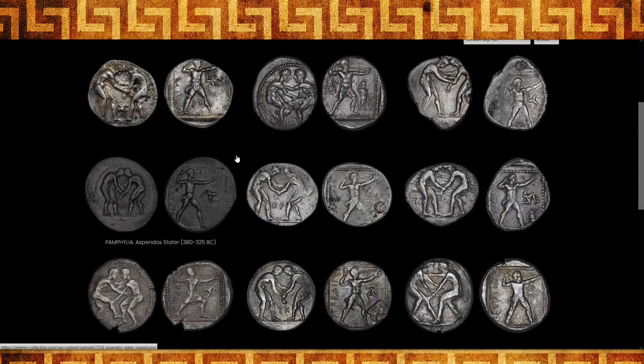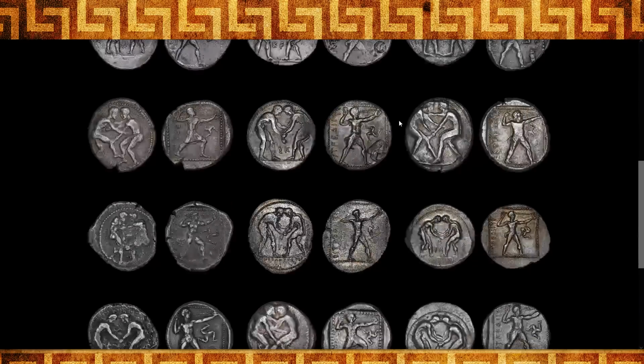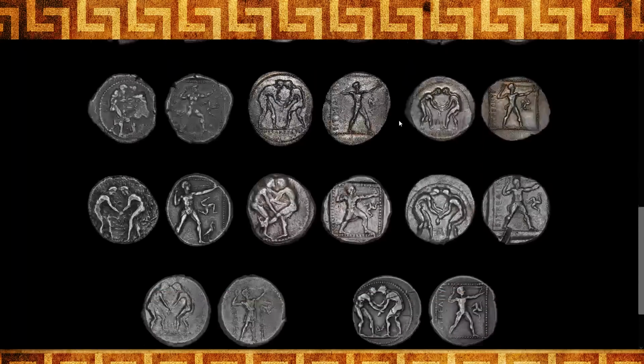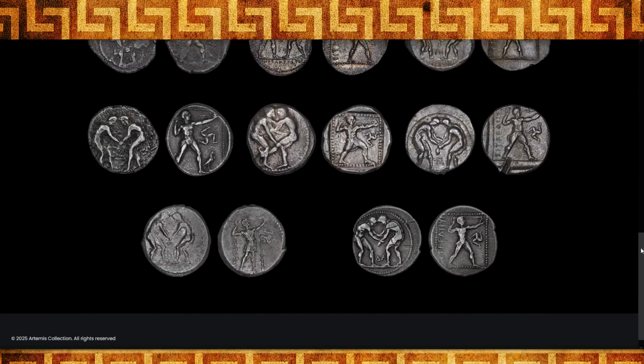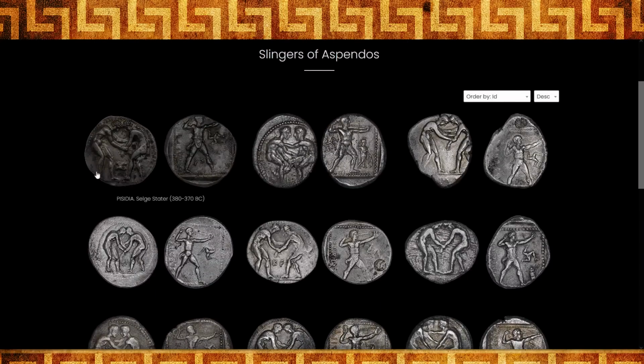Now, another city which, on the contrary, did not change its design a whole lot was Aspendos. Aspendos is another ancient city located on what is southern Turkey, and it was also under the rule of the Persians before being conquered by Alexander. But as you can see, its design did not change. It typically shows on the obverse a fighting scene, a couple of wrestlers, and on the reverse